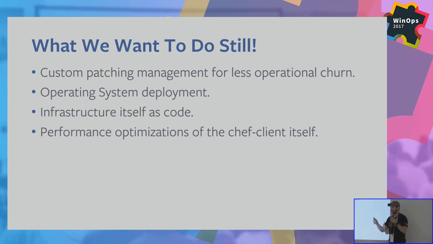So what do we want to do still? There's a bit of an operational churn for us. Like we had that giant Equifax breach, and our InfoSec team went crazy. And there was also a pretty nasty Patch Tuesday this particular month. But doing some custom patch management to reduce the operational churn, that's something we want to do. We want to maybe apply it with Chef. Maybe we might want to apply it with